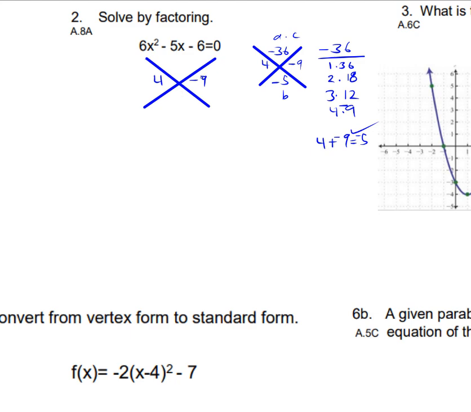Sorry, let me try that again. Negative 9, right? And I'm going to bring down 6x squared plus 4x, right? That's from here. The negative 9 minus 9x, right? And then minus 6 is equal to 0, okay? I have the equal 0 here, right? So then I'm going to group